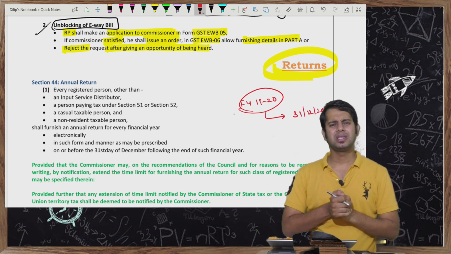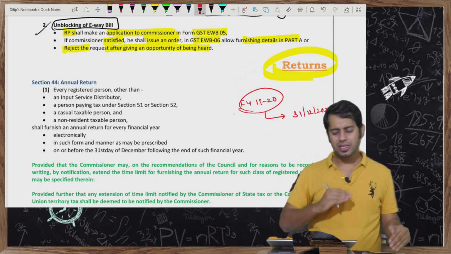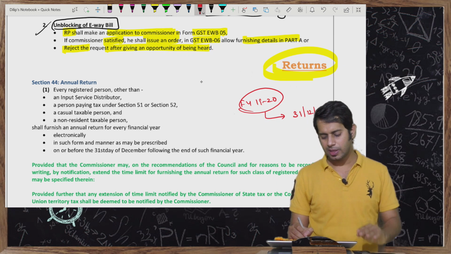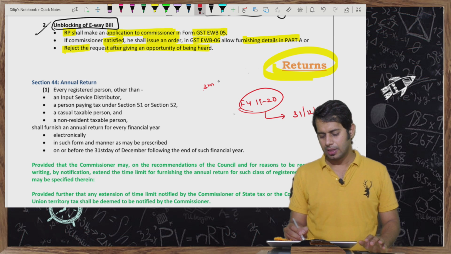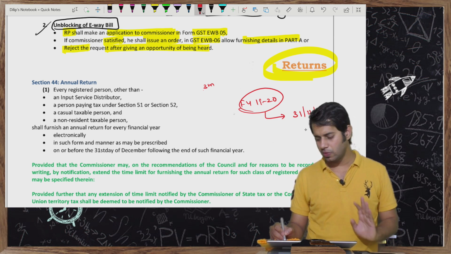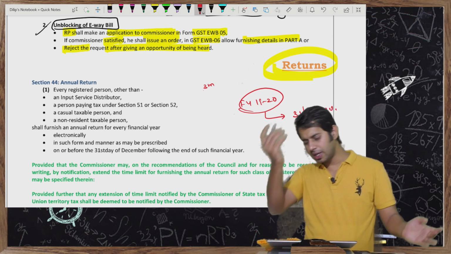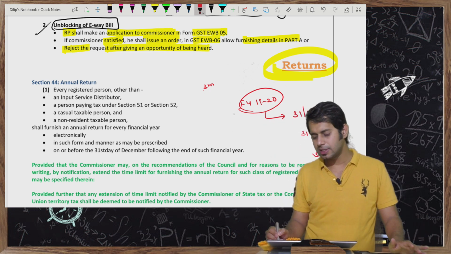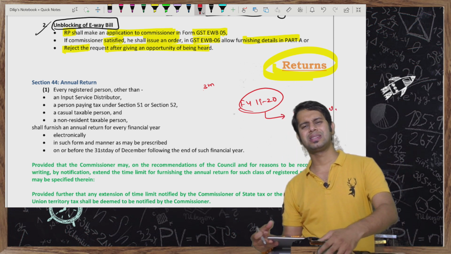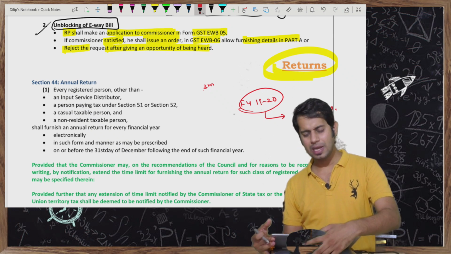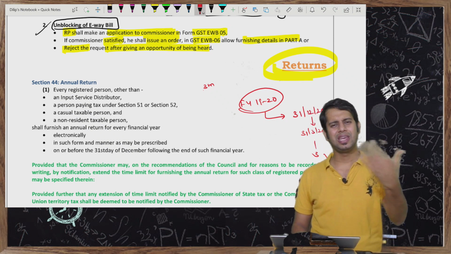But what is happening is the forms were not ready. So the government started extending the due dates. How are they extending? First they extended the due dates for say 3 months, from 31st December 2020 to 31st March 2021, and during the month of March again they are extending for 3 more months, again for 3 more months. So something like this is happening. So the government is telling, I am not available on a daily basis to keep on giving such notifications.